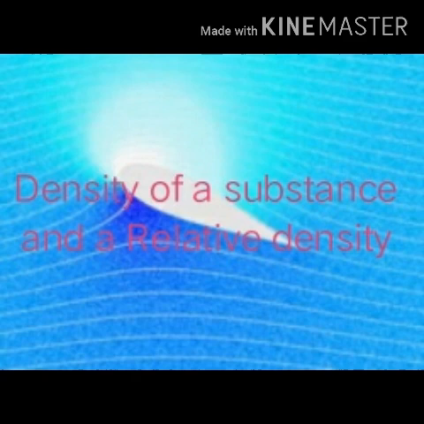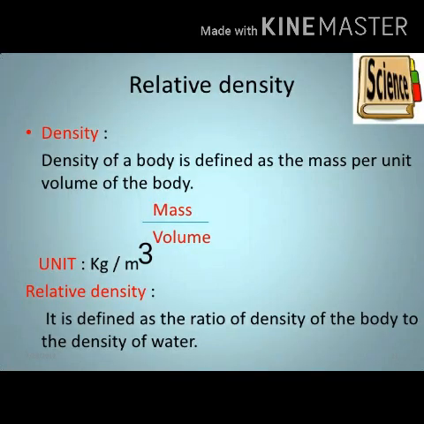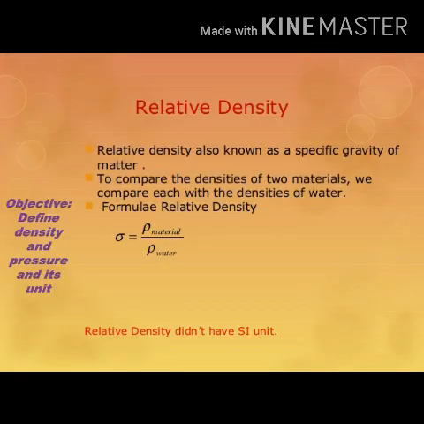Density of substance and relative density. Density is defined as mass per unit volume. The SI unit of density is kilogram per meter cube. The property density is very useful in deciding the purity of a substance, because if we add any other substance to the pure substance, its density will change. The relative density of a substance is expressed with respect to the density of water. Relative density is the ratio of the density of the substance to the density of water. Being a ratio of two similar physical quantities, it has no unit. Relative density of a substance is also called its specific